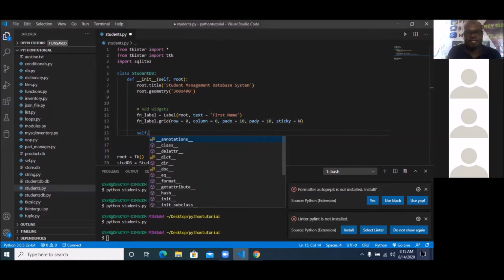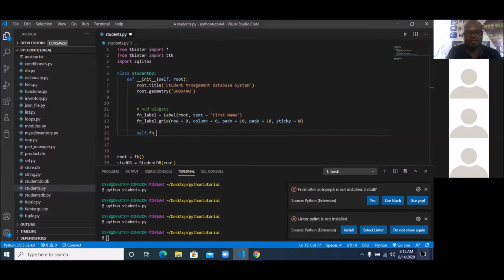But since it's first name entry, I'm gonna say self.fn_entry. Okay, so that's gonna be the first name. So I can also put value self.age. So this entry is going to take in the first name entry value. So this is going to be equal to